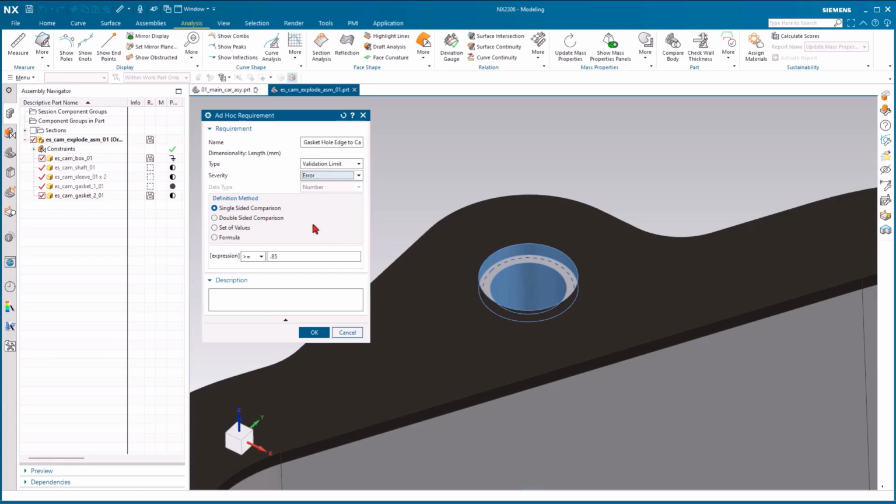Single-sided, obviously, just as it sounds, we can tell the software the expression is this, and that expression result has to be greater than or equal to this value in the input fields here. If it is outside of that requirement, in this case, it's going to be flagged as an error. So if that measured distance is greater than or equal to 0.85, then it passes. If it's smaller than that value, then it's going to fail,